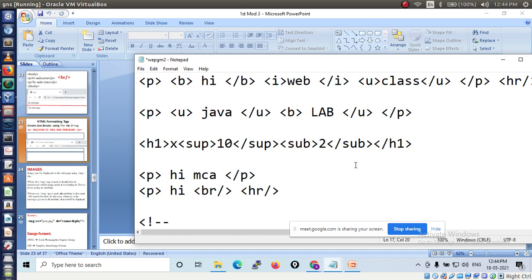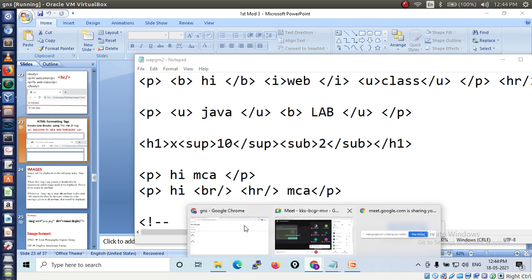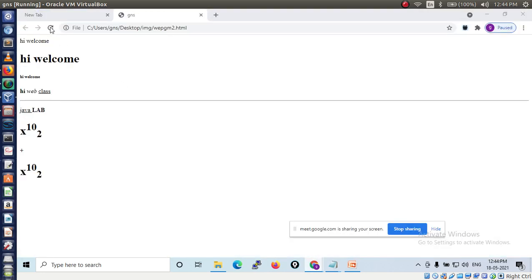Then you have to display MCA. Then close the P tag. That's it. You'll see the output.